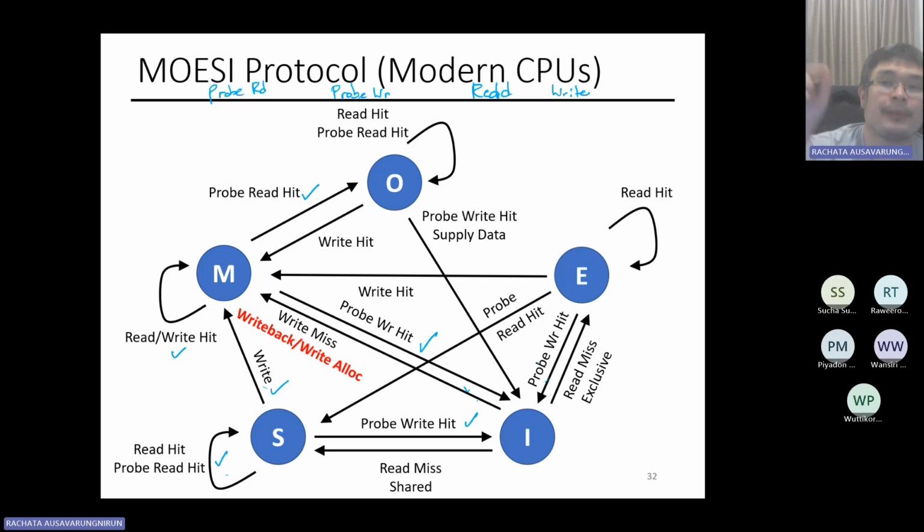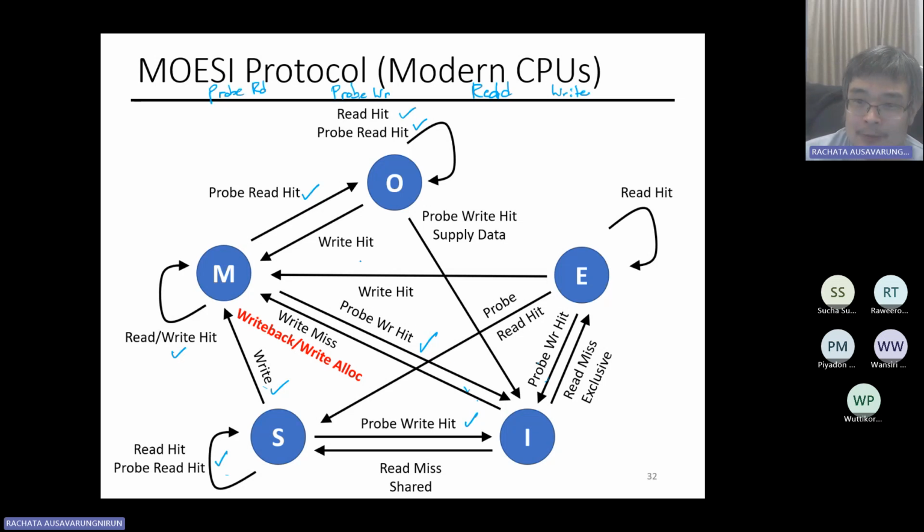Then you supply the data to the other block. Right, then if you are in the ownership state, which means that you have the dirty block, everyone else can also have the block. If you see someone else reading, you stay there. If you are reading, you also stay there because it's now clean: the block is dirty but everyone has the updated copy. If you're in the ownership state and you modify it again,